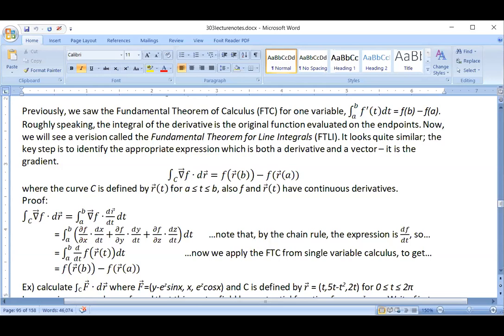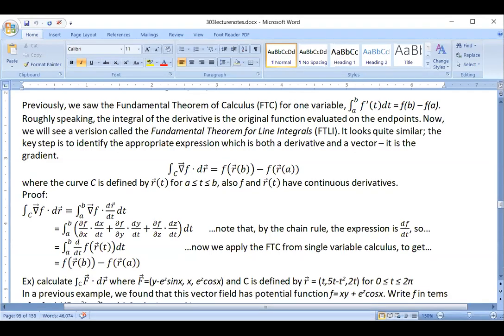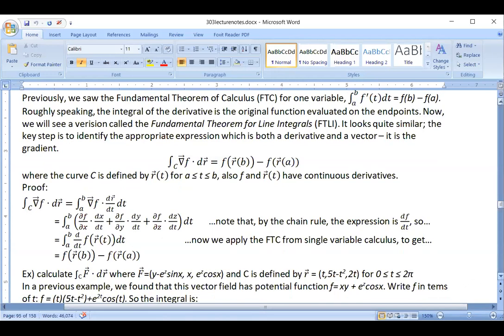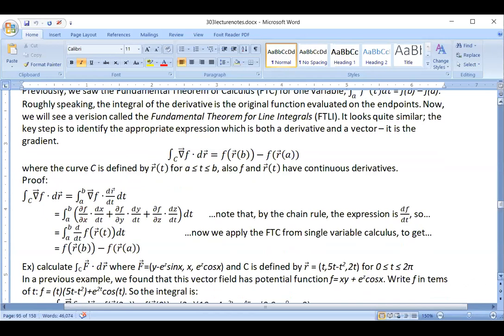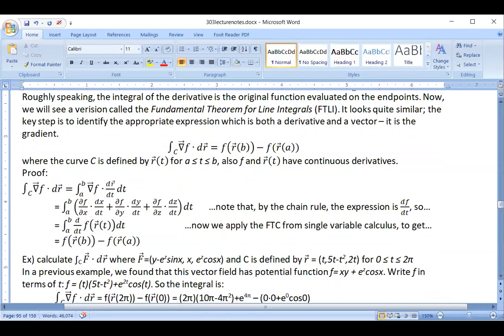So previously, in a previous example, we figured out that this particular vector field is conservative and its potential function is xy plus e to the z cos x. So knowing that, we can now just calculate this line integral directly. So one way to do that